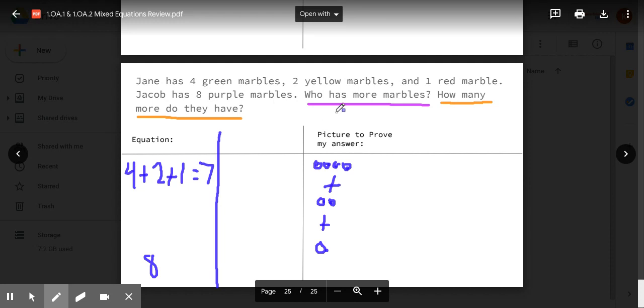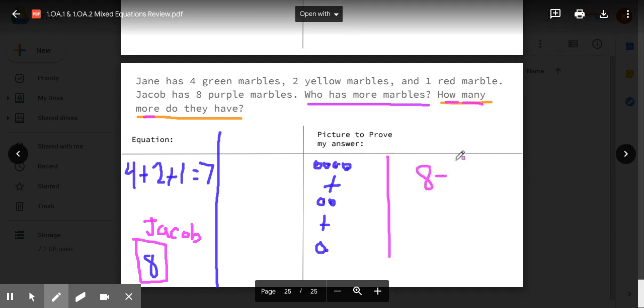So who has more marbles? Jane with 7 or Jacob with 8? Very good. Jacob has more marbles. So I'm going to put a box around the number 8 to represent that Jacob has more. Now the second part is how many more do they have? Whenever I see the words how many more, I always subtract. So I'm going to take the smallest number and subtract it from the biggest number, which would be